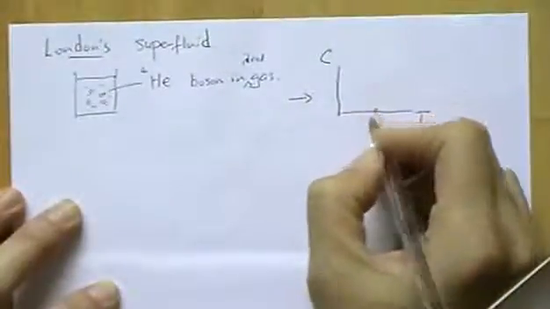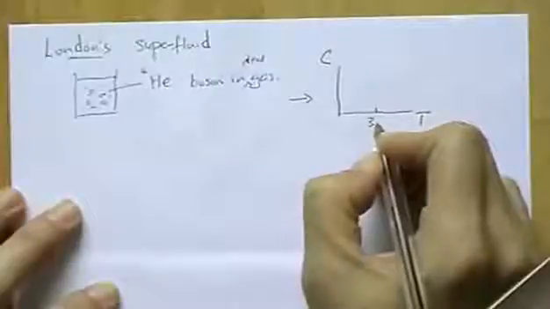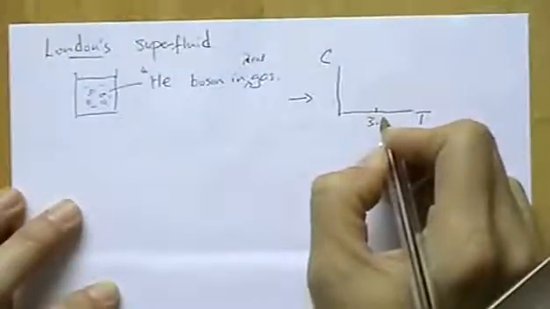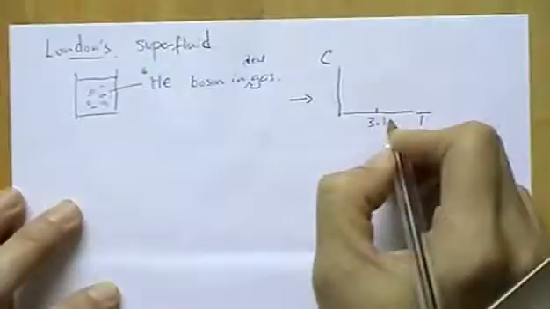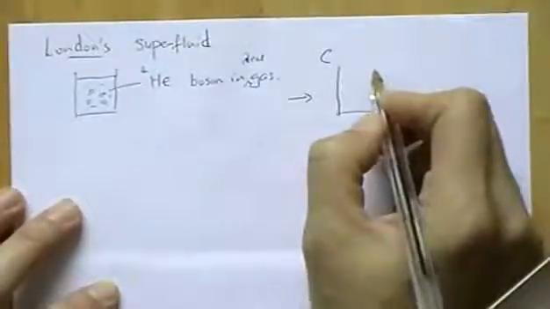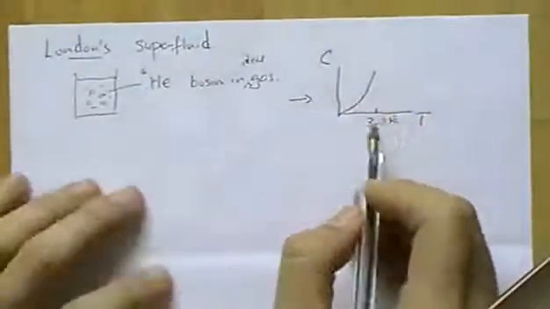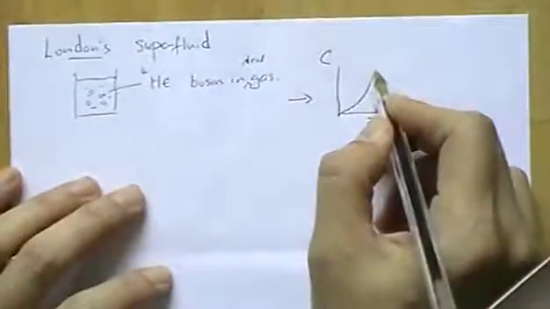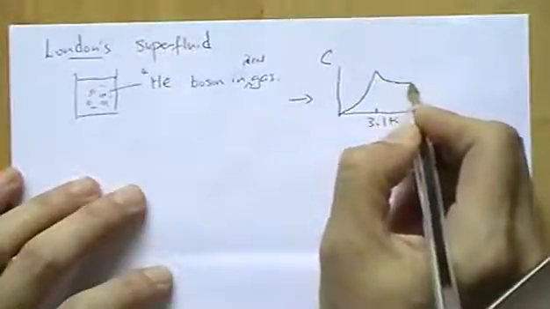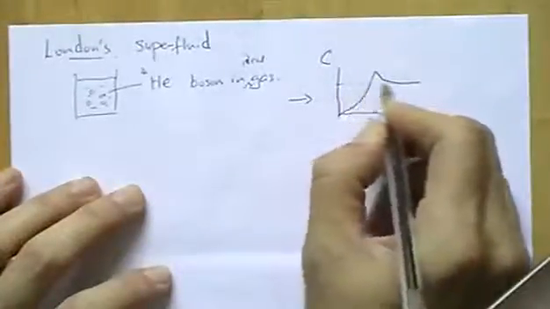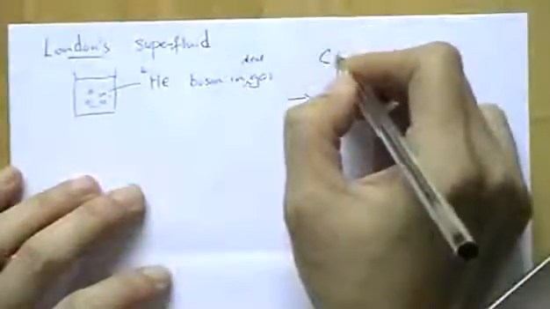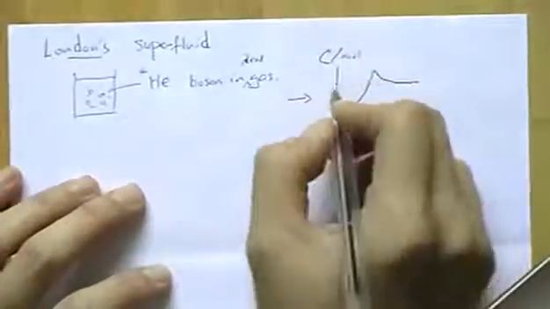Below about 3.1 Kelvin, it comes down to 0 with a curve, and above 3.1 Kelvin it comes down as well and tends to the value for the ideal gas. Alright, if let's say this is the heat capacity per mole, then